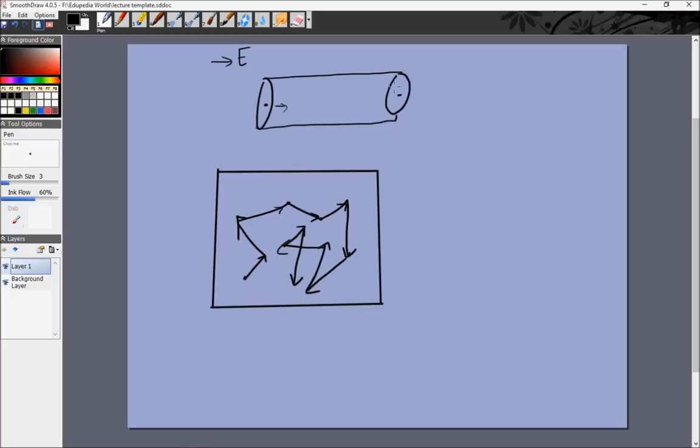So all in all, if there was no electric field, then the net movement of the electron would be zero. The total lines towards the right would equal total lines towards the left. The amount it moved towards the right in a certain time would equal the amount it moved towards the left on average, and it would not have any particular movement. But if we apply an electric field to the right side,